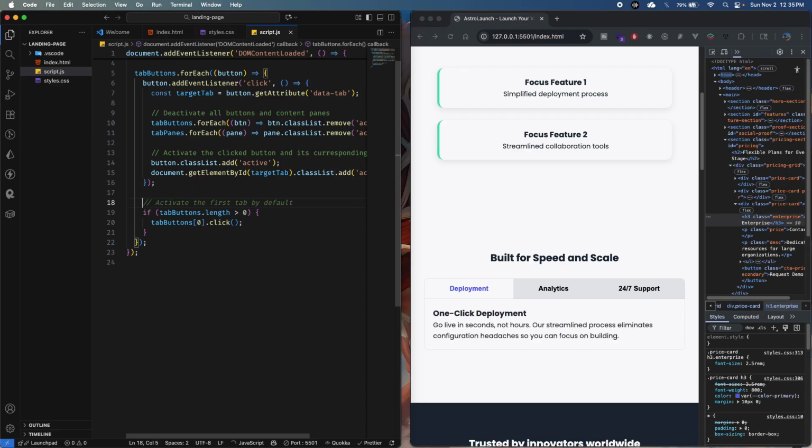Let's put a comment here: initialize the first tab